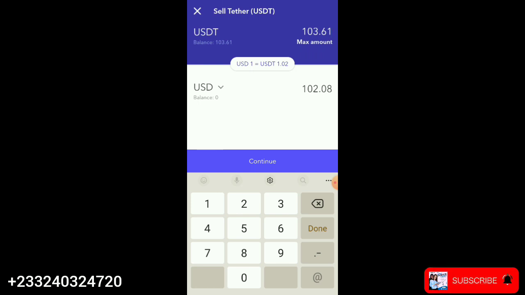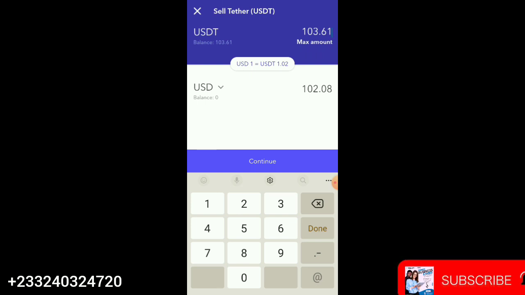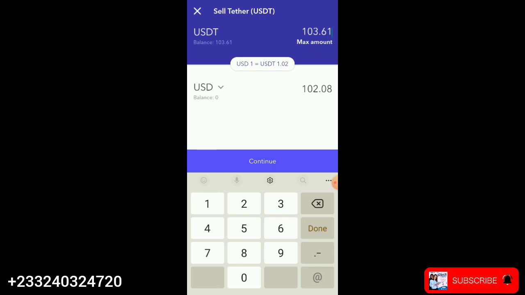So if I'm selling it to my USD, I'll get $102.08. I hope you have seen it. So if I click on continue, that means I'm transferring USDT to my USD, and I'll get 102.08. So if the dollar rises, I'll sell it, and I'll make interest without even going to Paxful to sell